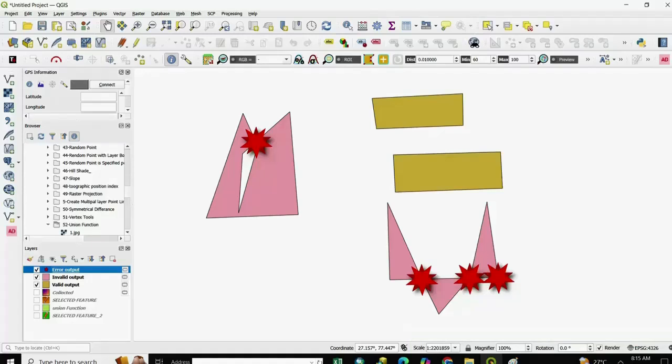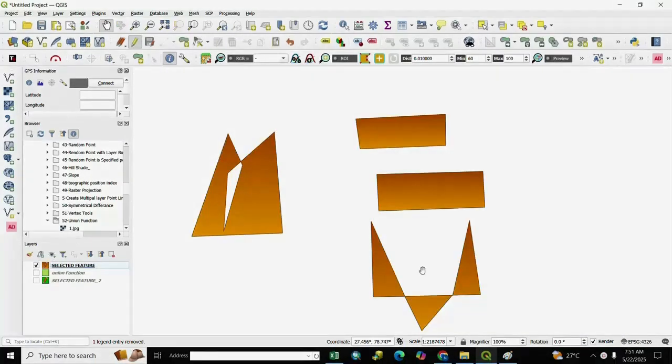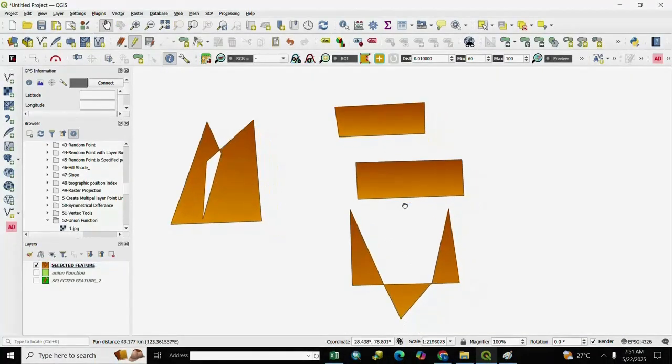So let's start. Here is our polygon, valid, invalid. So we check which feature is valid and which feature is invalid.